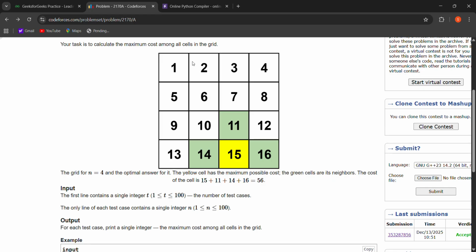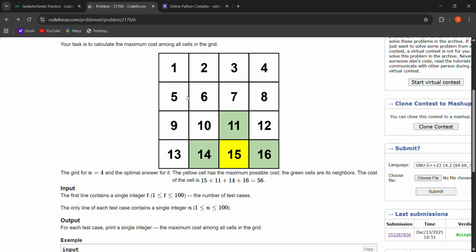So the coordinates will be r minus 1 comma c. Similarly for this 10 the coordinates will be r plus 1 comma c. That means we are in the same column, but for this 2 the row is decremented by 1, and for this 10 the row is incremented by 1.